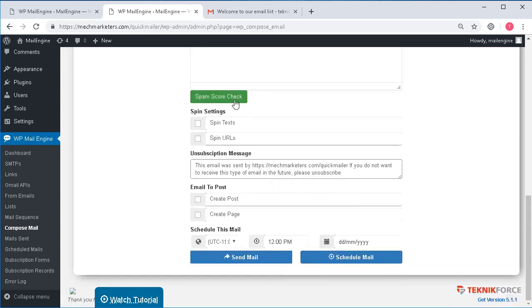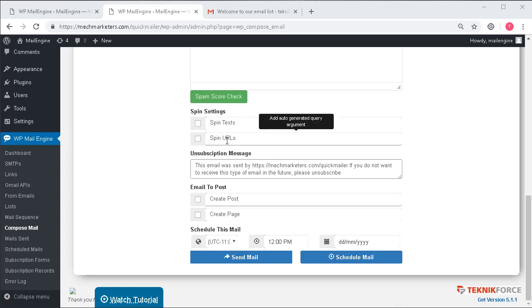There is a great feature, spam score checking, which will allow you to check any words used in your email which can be detected as a spam word, as a junk word. So this will allow you to keep a check on that. And there are options in spin settings which will help you to draft a unique mail for each user. The spin text feature allows you to specify a group of words or text which will be used alternately in different combinations to make mails unique so that they are not caught as bulk mails by the ESPs. You basically get the ability to draft a template mail with many alternate words separated using the pipe symbol, and Mail Engine will use those words in various combinations to send out unique mails to your audience.